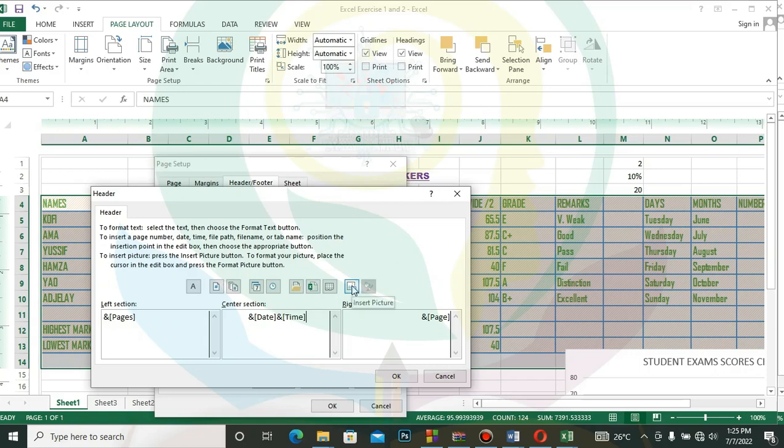And we also have insert a picture. If you have a logo of the company, you can insert the logo into any of these three sections, where you can put the logo of the company as your header or a footer. More often, we put the logo at the top, which is the header of your document. So when you are done with these settings, you can click on OK to